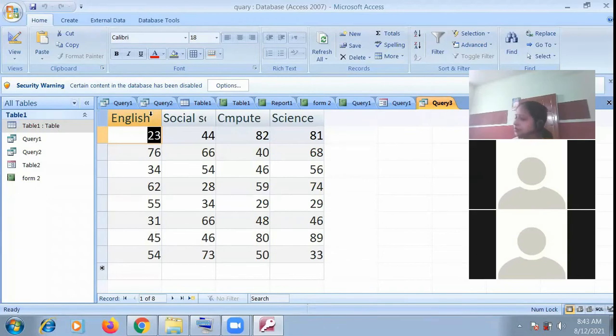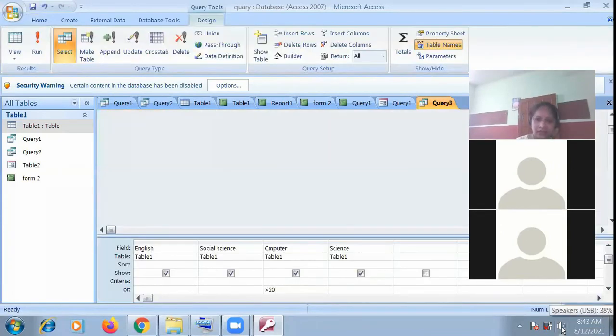You have to give and for all. So I can extract the data accordingly. Less than 20 is not here. Let's edit the query and give less than 80.